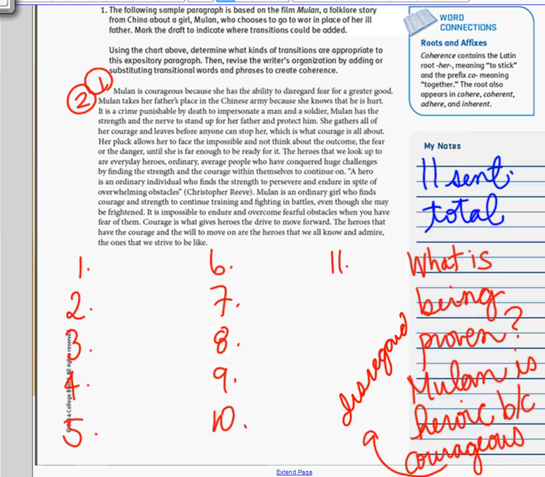So that entire paragraph, that author is trying to prove she's heroic because, one, she's courageous, and two, she's disregarding fear whatsoever. So that means all the sentences that follow would have to prove that point again and again. So what you're going to do now, the reason why you've got the numbers 1 through 11 written twice, in this entire paragraph, the author has absolutely no transitions. None. None of them are there.